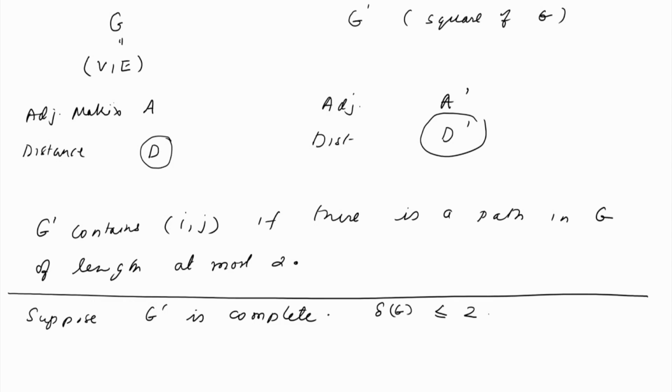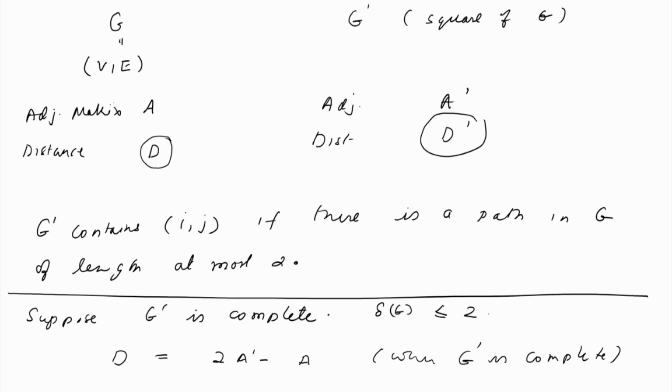Now, if G prime was complete, can we somehow use D prime to compute D? Okay, are they related? So, we have this particular relation: D is 2 times A prime minus A, when G prime is complete. So, if you know the adjacency matrix of G prime, twice that minus A would give you D. So, that is a matrix computation. Okay. So, from the distance matrix you can figure out that it is a complete graph.